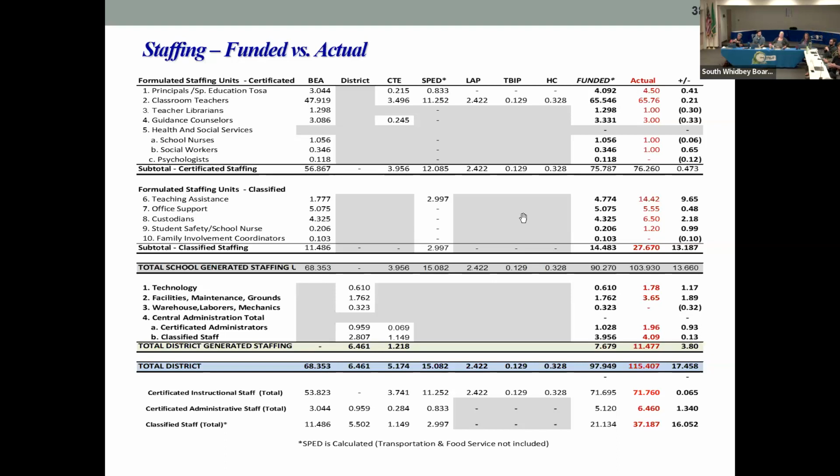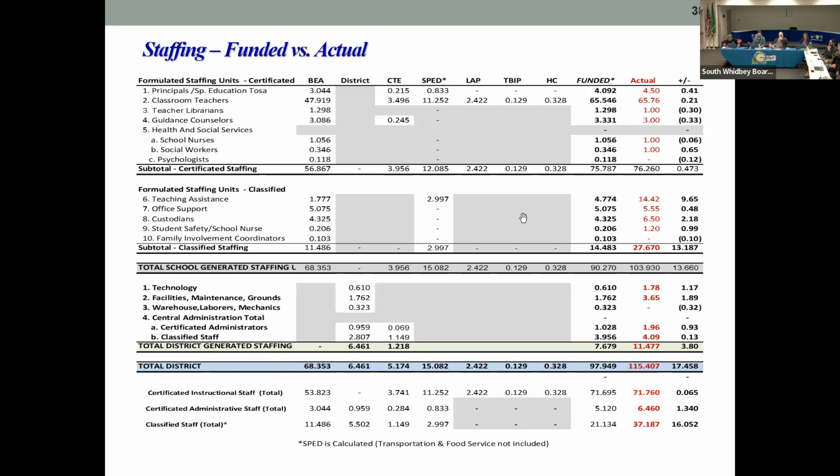And when we're looking at this, we're looking at what is the state responsible for and what are they funding, and how much are they funding? And we're not alone to be underfunded by this amount for classified staff. Most districts that I have conversations with, about half of the classified staff are paid for at the district level. And it isn't that we have too many of them. We're really lean as a district as far as our staffing. It's just that the state does not fully fund.